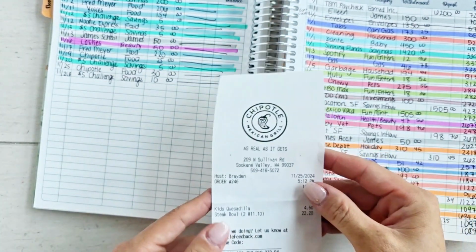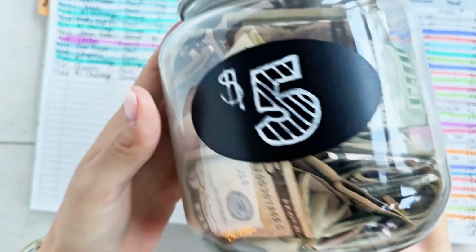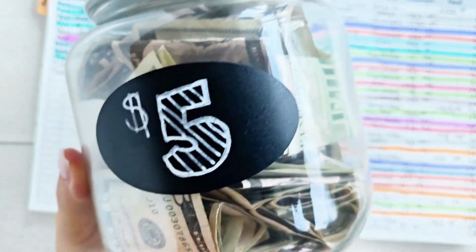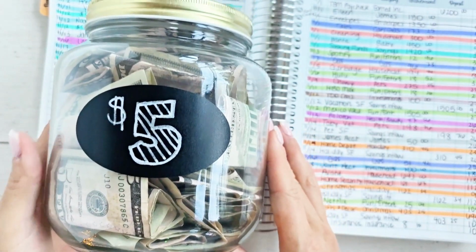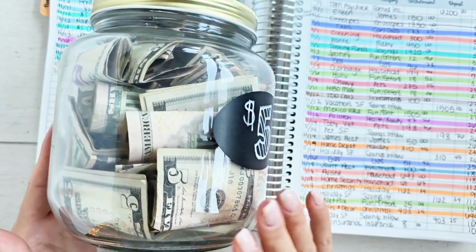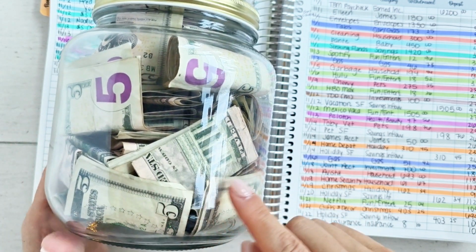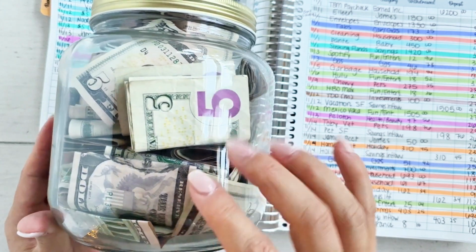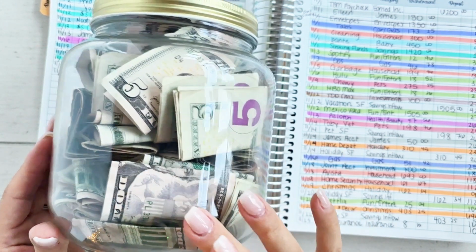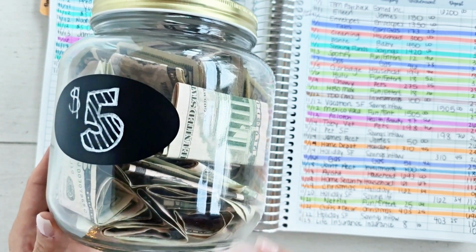I can scan this into Fetch Rewards, my receipt. And then what I'm gonna do is put the $10 that I have, the two fives, in my $5 challenge jar. Now I've been using this since January. It's very deceptive because a lot of these bills, there's multiple fives. So it may only look like one folded up, but really there's multiples. I'm very excited to open this up at the end of December